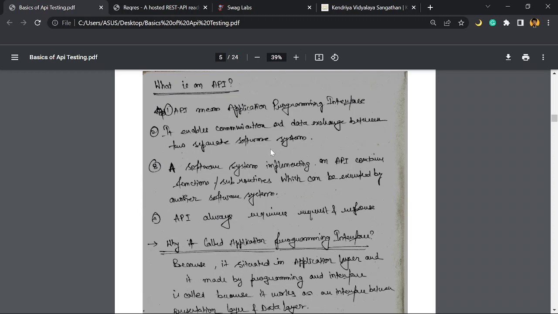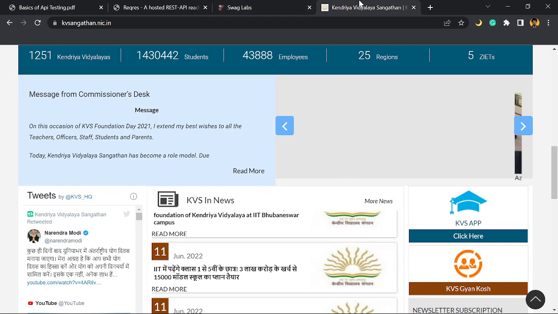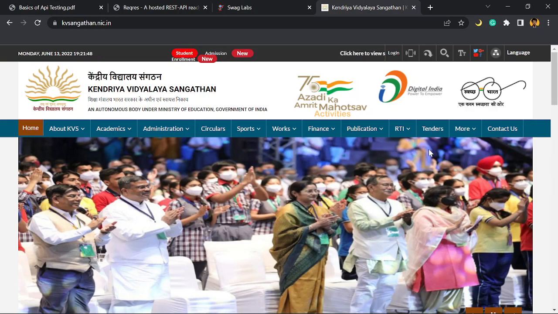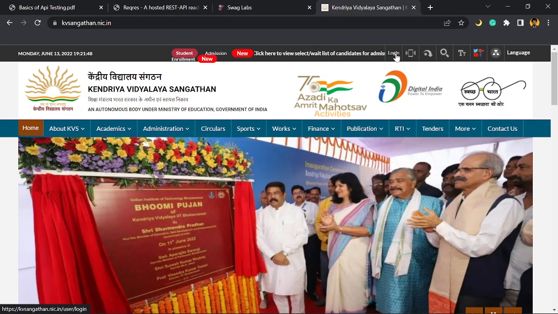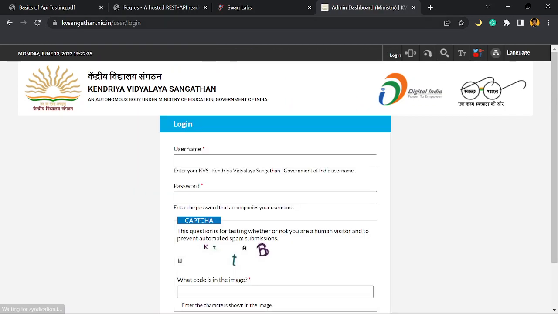So basically, if I'm looking at the API, a software system implementing an API contains certain functions or subroutines which can be executed by another software system. See here, if I just want to log in and click the login button, there must be some API behind it, or some programming behind it, which actually takes me to this page,